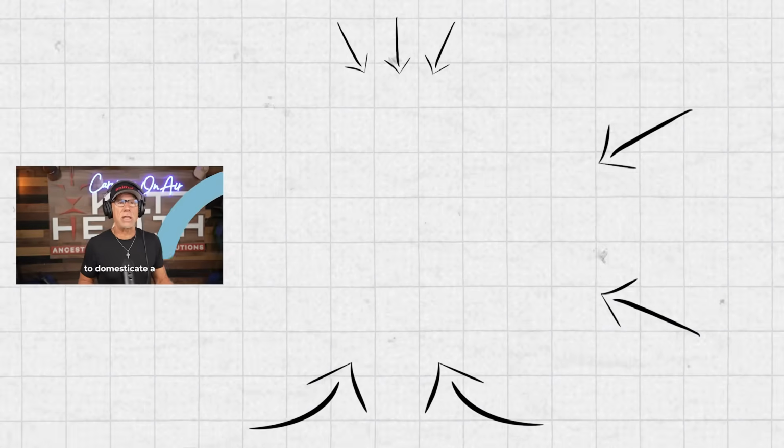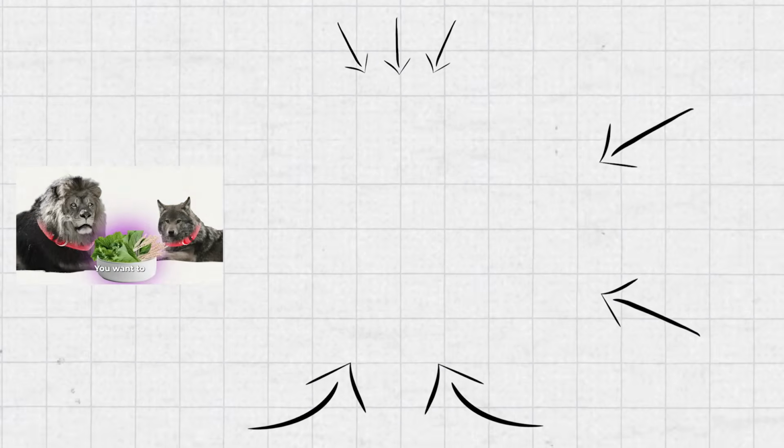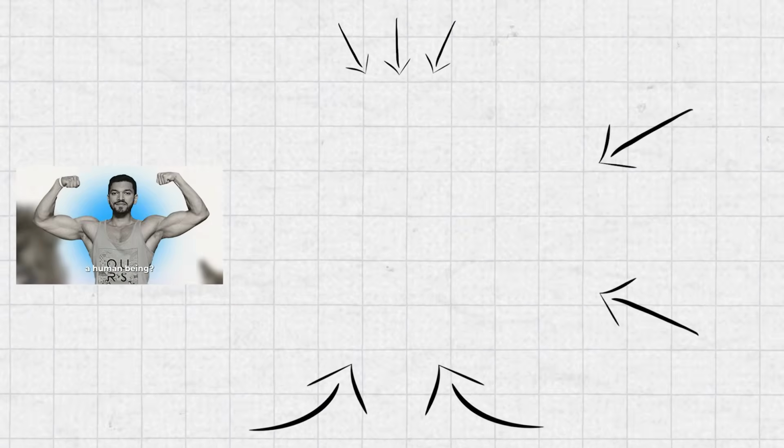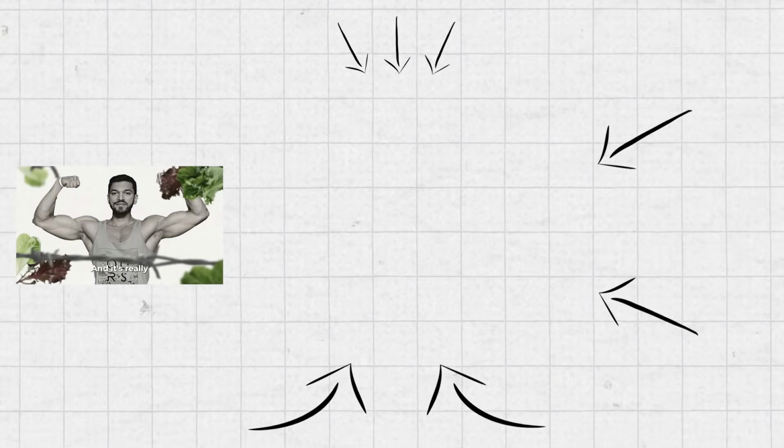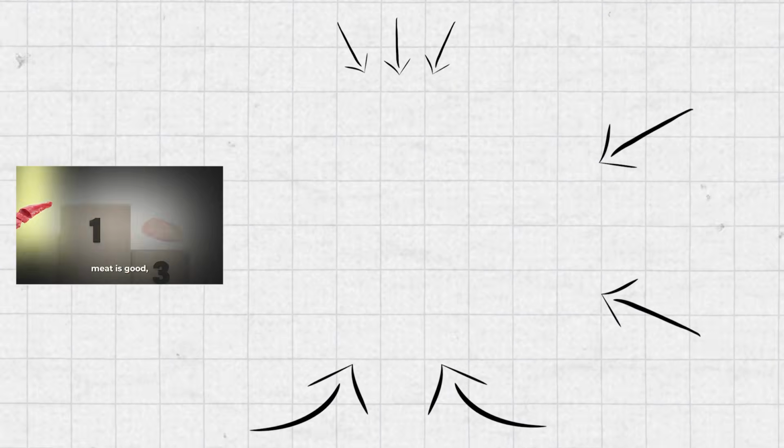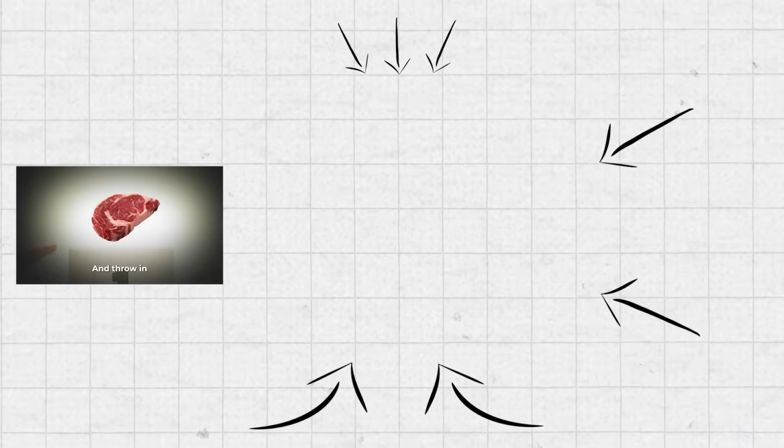If you want to domesticate a lion or a wolf, feed them plants. You want to domesticate a human being? Feed them plants. And it's really as simple as that. Any cut of meat is good, but the fattiest cut is best, and throw in some organic